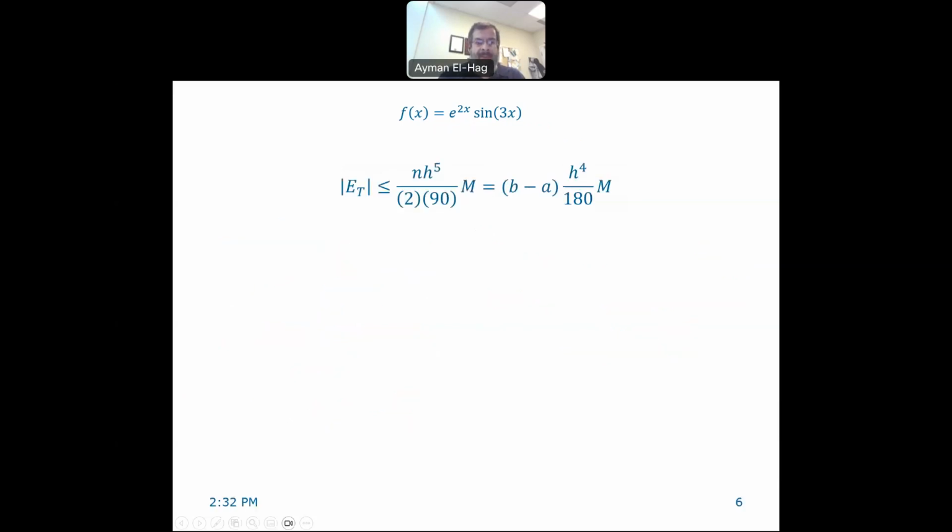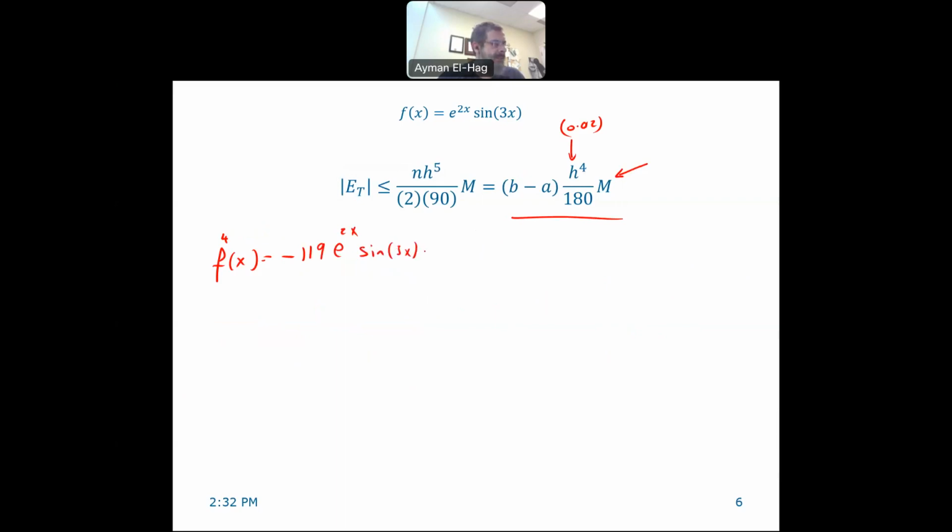Now, to find the error using the 1/3 Simpson's rule, this is the formula here. Now your h is 0.02 and your M is the fourth derivative. Now I will not do that. So this is the fourth derivative of f(x). I will just give you the value, which is equal to minus 119 e to the 2x sine of 3x